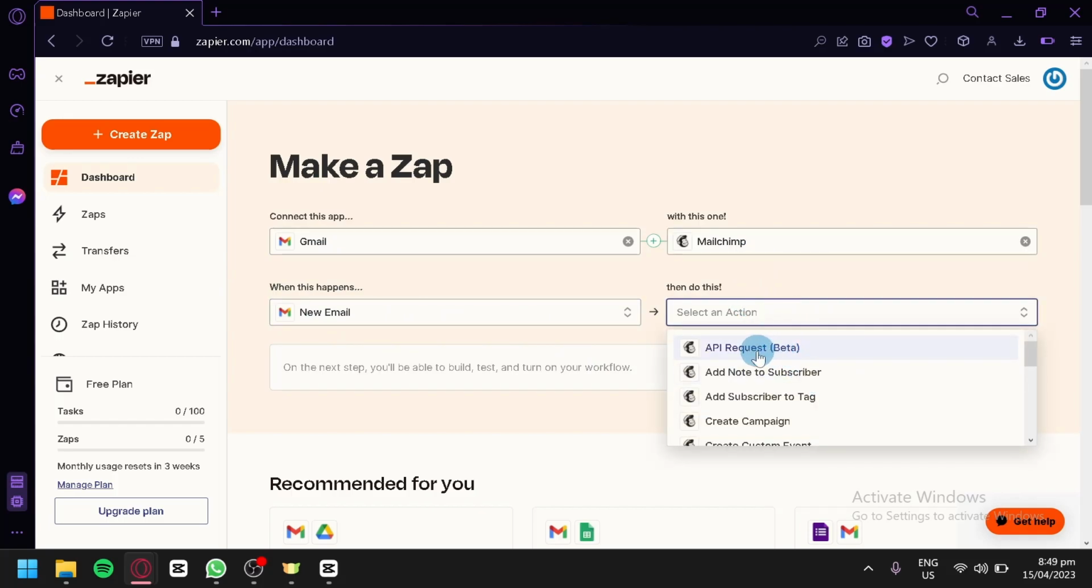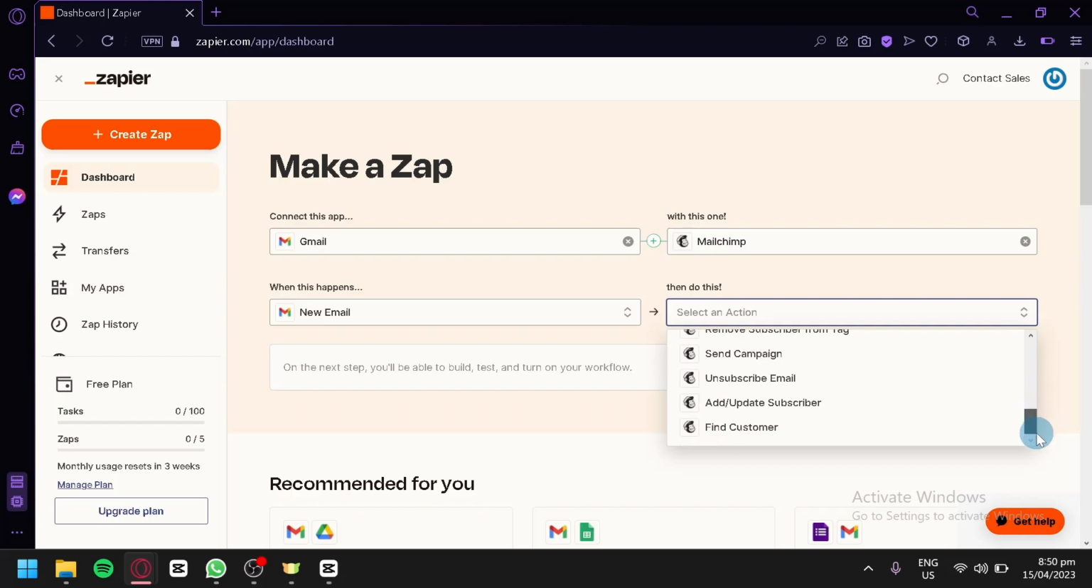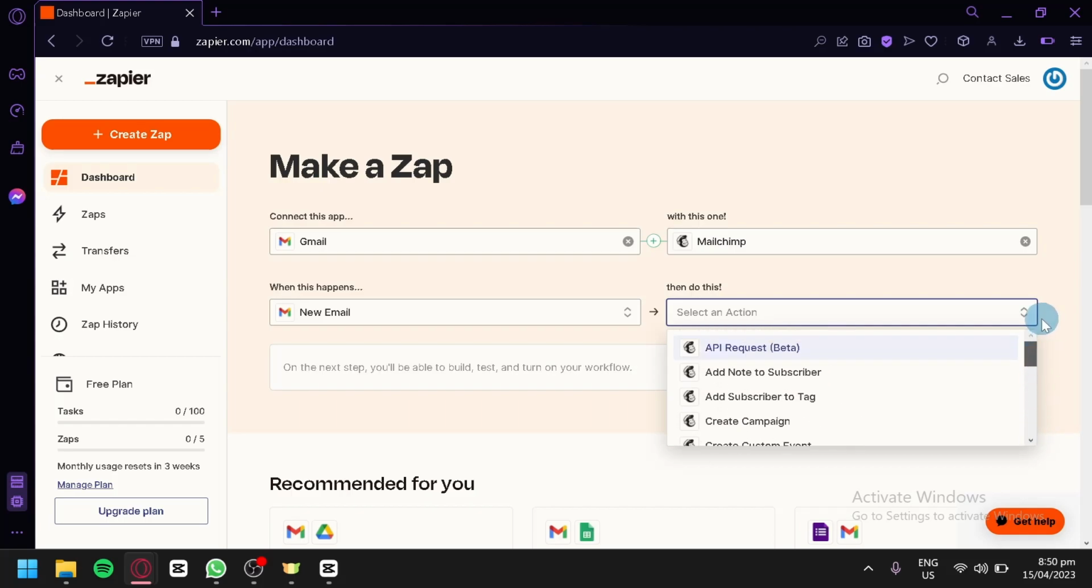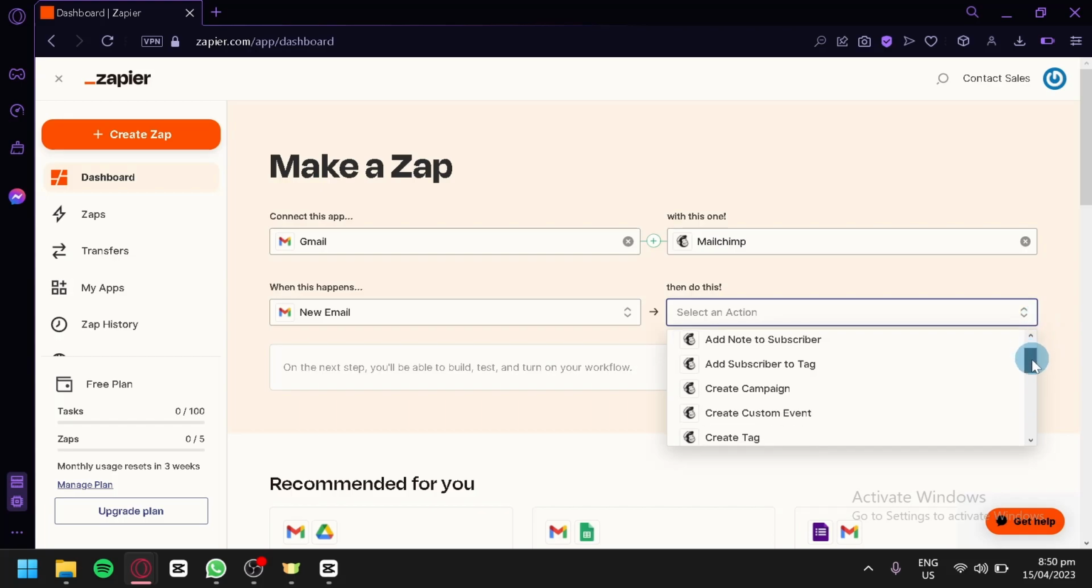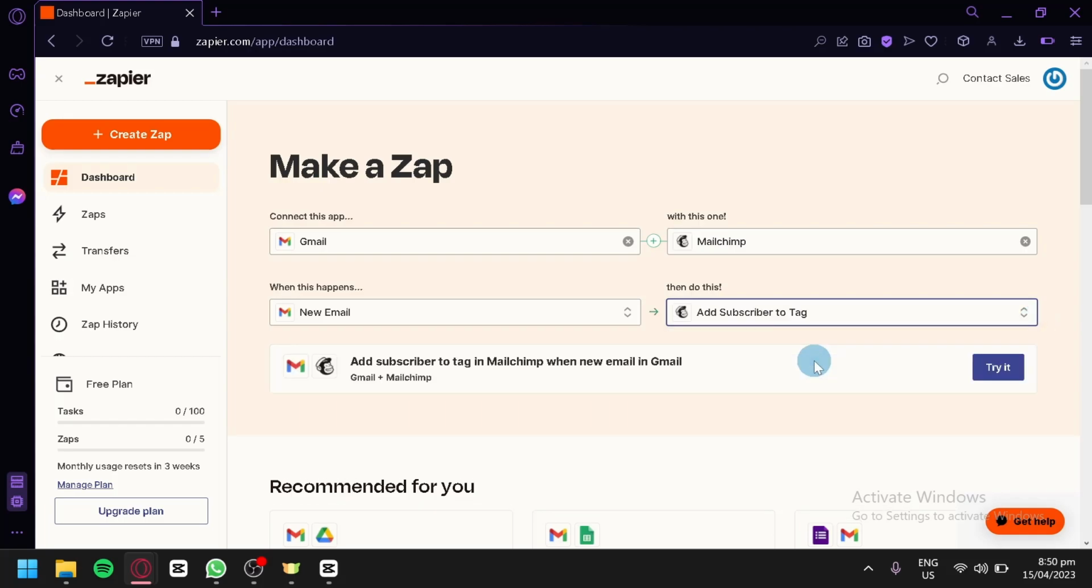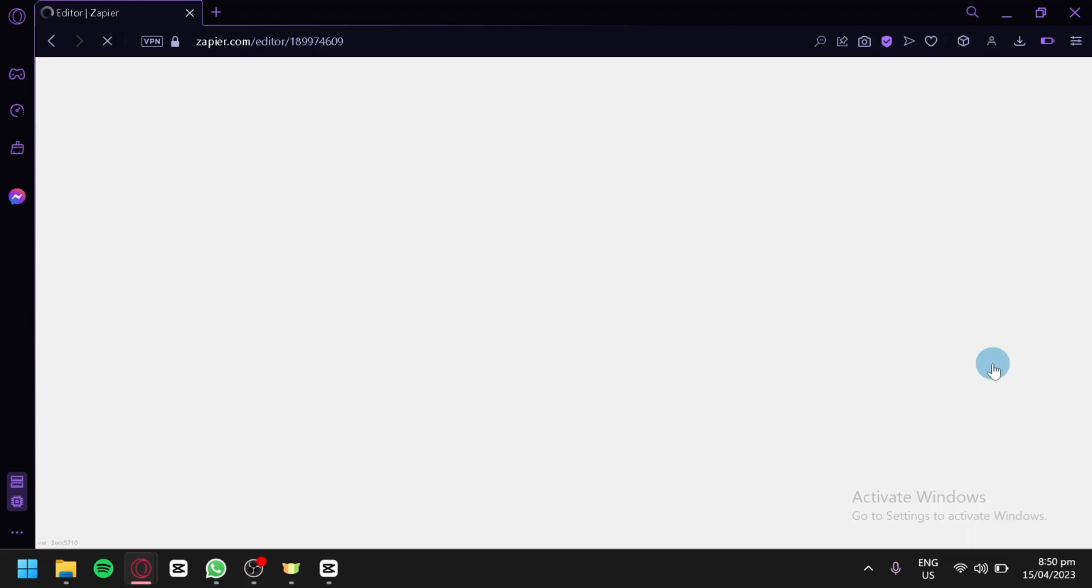Over here, it's going to have API request, add note to subscriber, add subscriber to tag, create a campaign, create custom event, create tag, find campaign, find a subscriber, find or create campaign and subscriber and tag over here, and many more options. You can simply select any of these options. For example, we're going to go with add subscriber to tag, just like that. And after that, you can simply click on try it over here, and you would be redirected to the editor